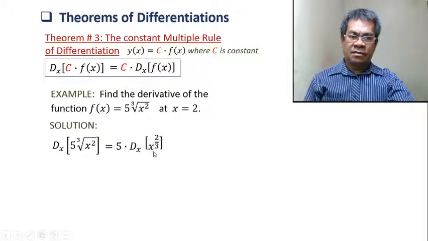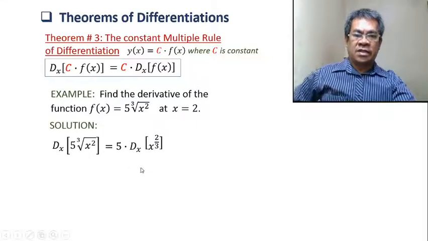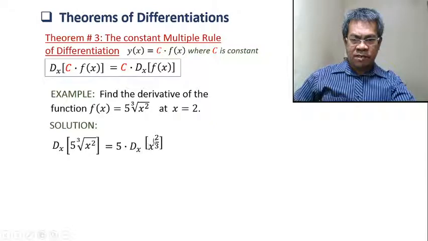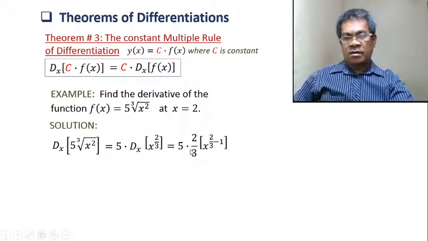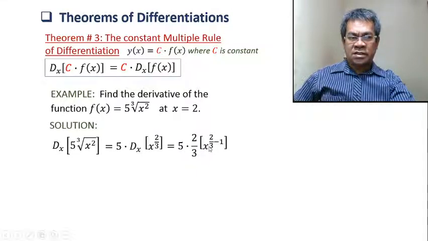So therefore, with that, this can now be treated with the power rule. Take note that this is purely x, raised to 2/3. 2/3 is again a real number, so this is x raised to n, and the power rule can be applied. Same process: preserve the 5, because 5, which is a constant, cannot be affected in the differentiation process. All you need to do is drop the 2/3 here and subtract 1 from the exponent. So the 2/3 becomes another constant multiple, and x is raised to 2/3